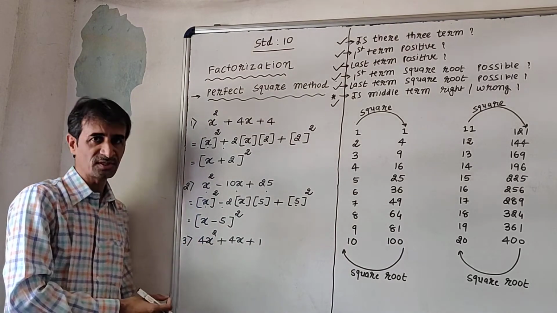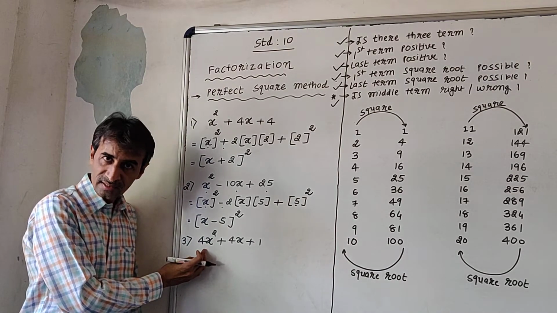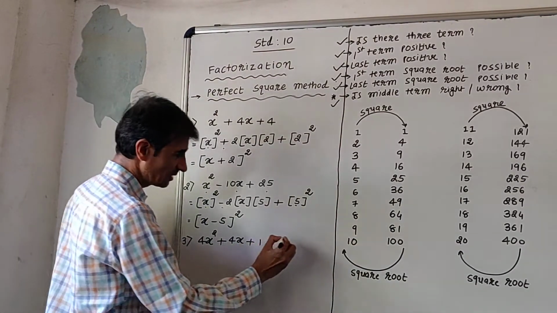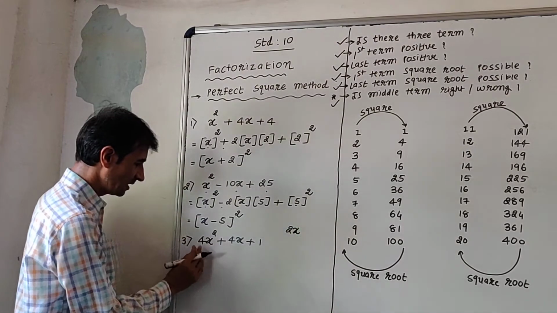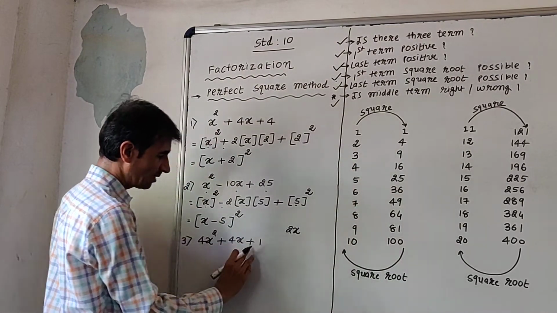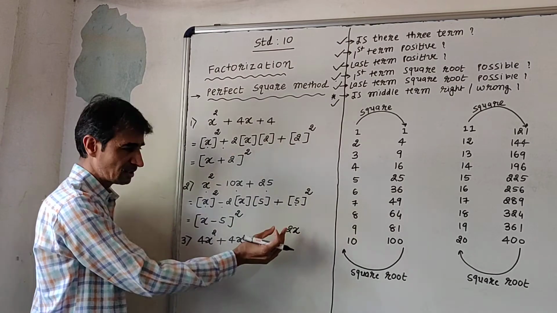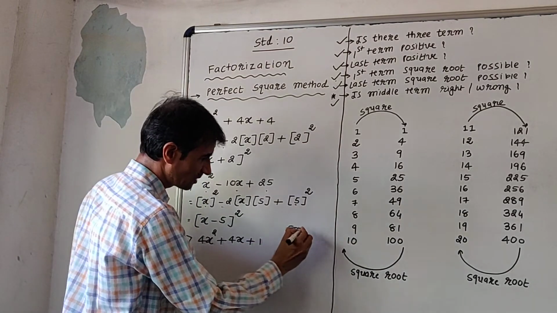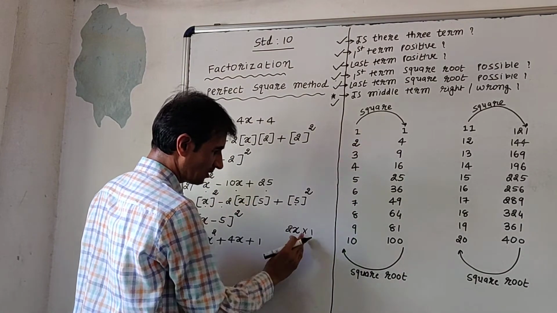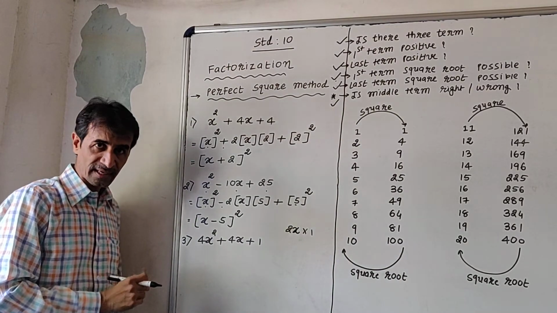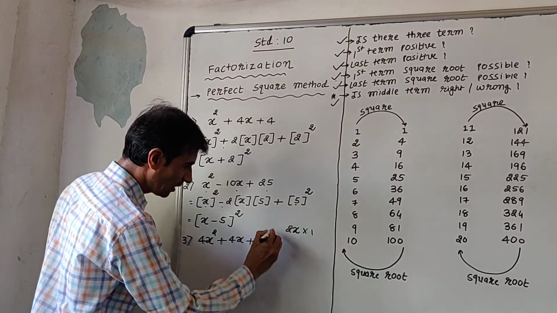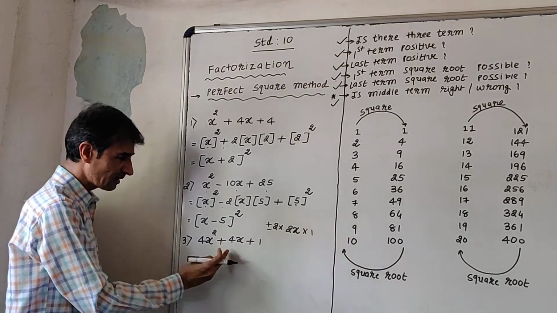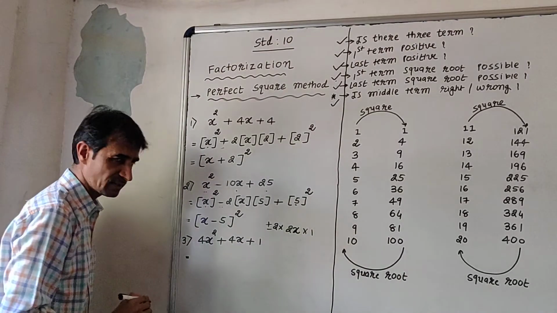Now here is the coefficient. Now the 4 is multiplied by this x square, means this is, we can say, the coefficient is there. So what about the first term square root? It will be a 2x, because here the 4 square root will be a 2, and now the x square root will be a x. So the first term square root will be a 2x. Now the next question, the last term square root possible. The 1 square root will be a 1. Okay, now I want to check middle term will be a right or wrong. And last question, very much important. Now I can put plus or minus 2 from the pocket, and the multiplication gives me the 4x, and now it is right. So we can apply the perfect square method now.